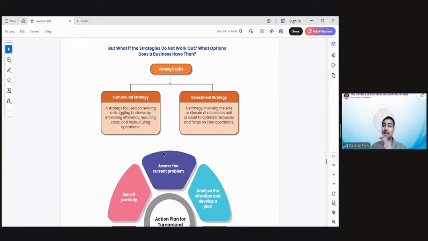Or basically downside up in this case. How do you do that? It's a turnaround strategy. But if you decide कि नहीं, it's not working. Why? Because the product life cycle, product पुराना हो गया है. It's an age-old industry. The competition is dying. Some environment change happened. Government brought in something, and we can't do anything.